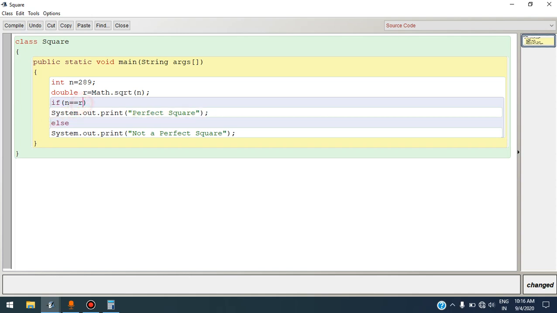So here it should be R into R. After finding the square root, 289 is equal to 17 into 17, because the square root of 289 is 17. 17 into 17 is equal to 289, and definitely 289 is a perfect square.